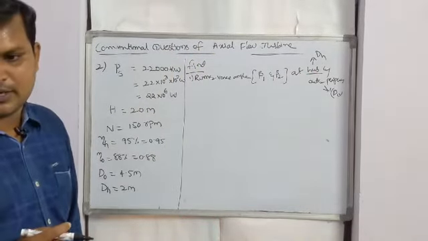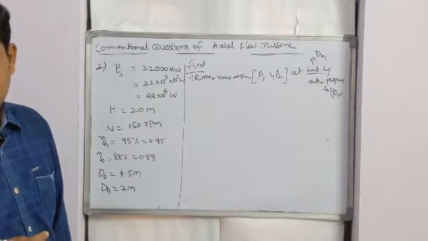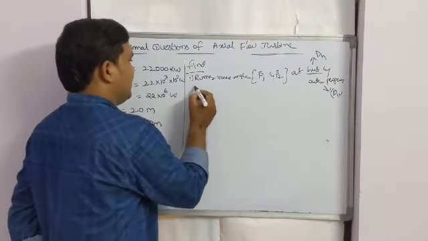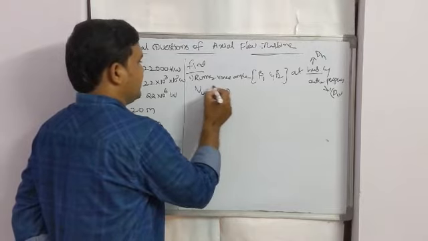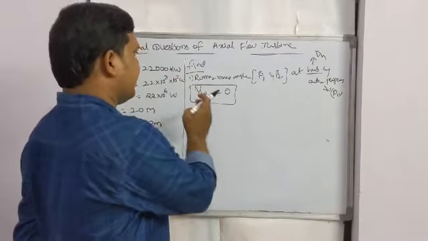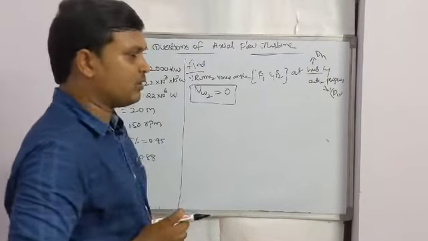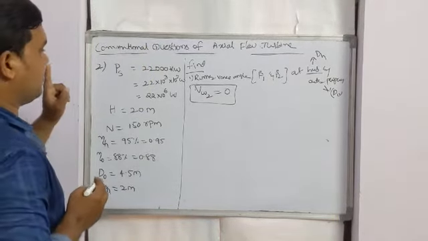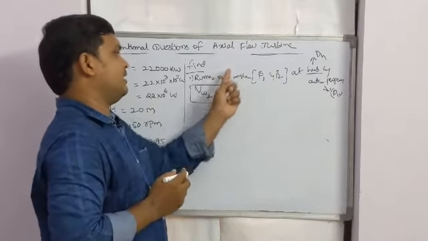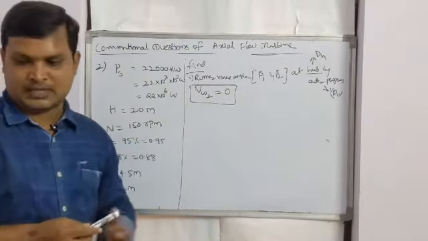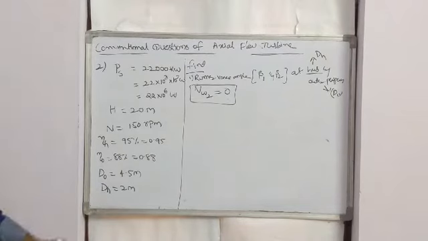Assume that turbine discharge is without whirl at exit. Without whirl means VW2 is 0. VW is the whirl velocity, at exit it is VW2, and it is negligible. Without whirl means 0. In axial flow turbines, whenever the exit is axial, whirl will be 0, in both Francis as well as Kaplan. Kaplan turbine is axial flow. That's why outlet whirl velocity will be 0. This is the problem given. So let us find out one by one.